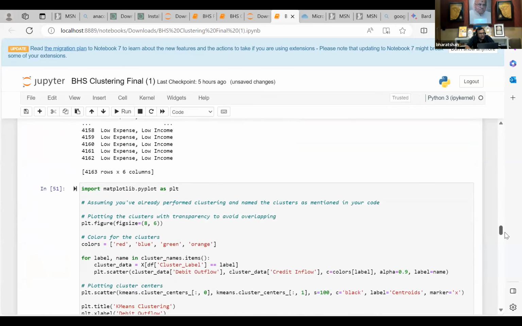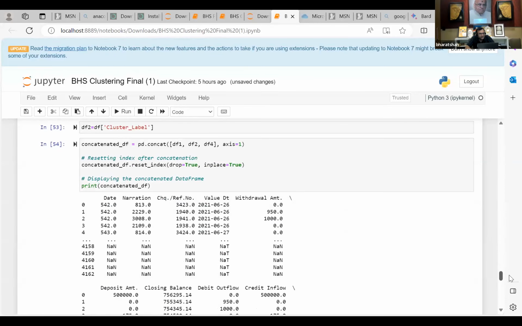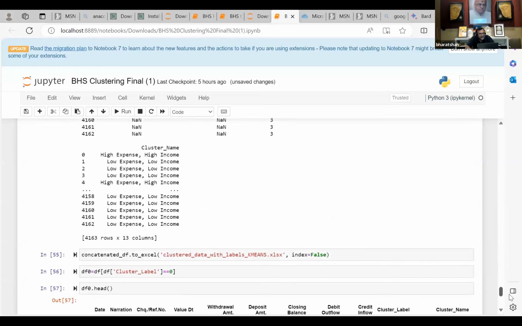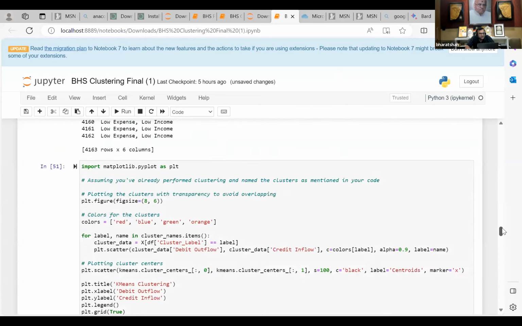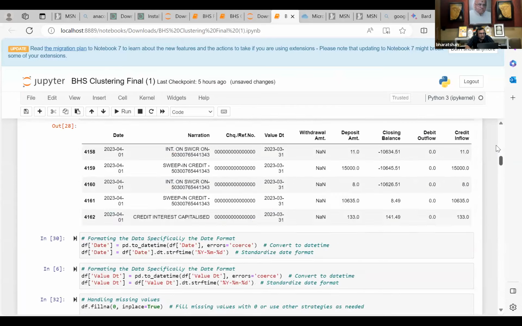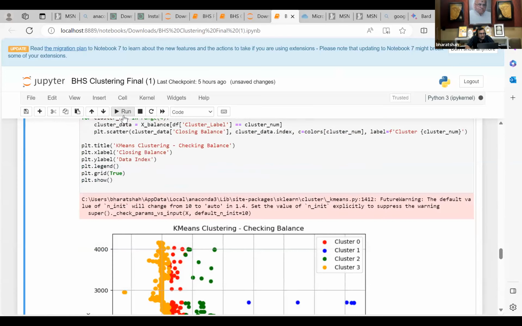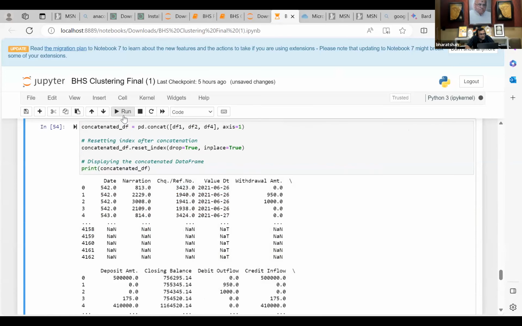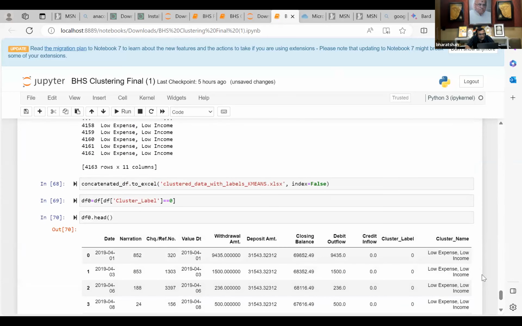And once you complete this part, you can again export this data into Excel and then connect to Power BI. So in Power BI, you can again get the overall visualization here as well. If you see there, we can do a lot of visualization here as well. So I'll go to Power BI.